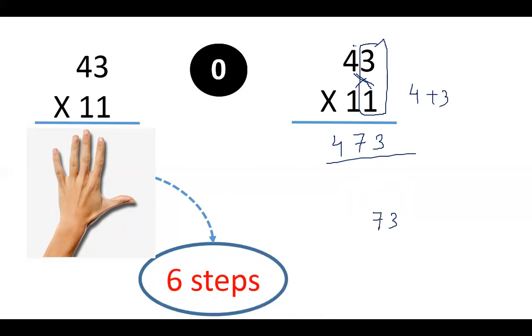Then you multiplied the left block which is 4 into 1. 4 into 1 is 4. So the number is 473. That is the answer. Now some of you may be thinking that these numbers are relatively small. यहाँ पर किसी भी नंबर का जो प्रोडक्ट आ रहा है वो 10 से आगे नहीं जा रहा है. Therefore the problem is simple.